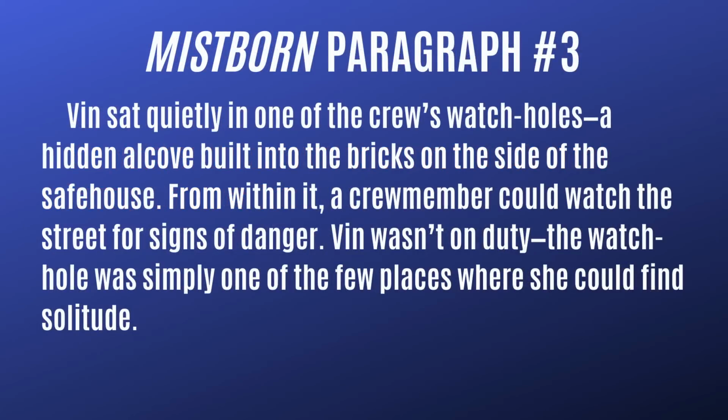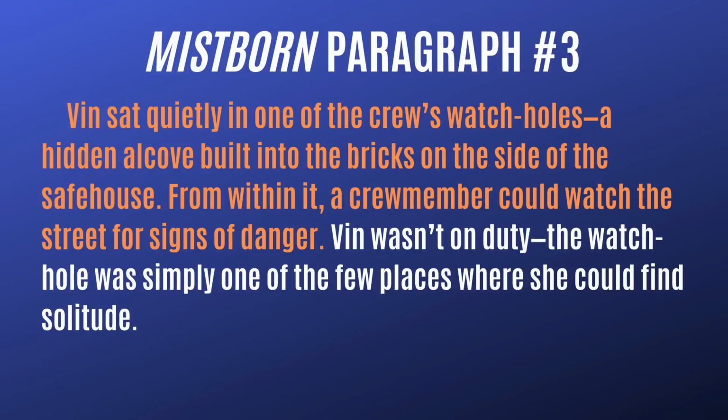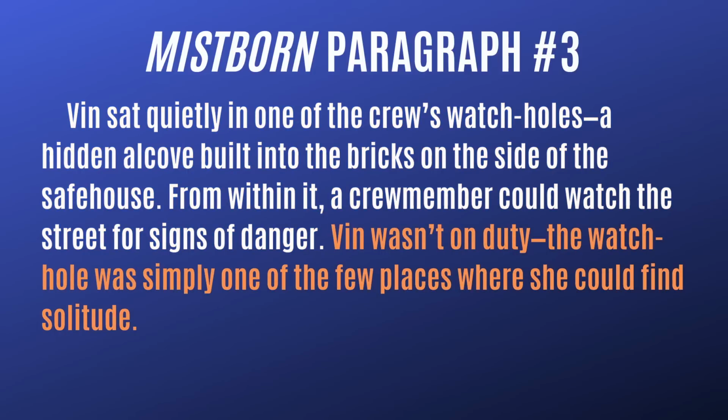Then with the next couple paragraphs, first off, we get 2 breezy sentences that tell us so much about this world she's living in. We get a sense of the setting and a mention of Vin's crew. Notice that we don't get any long info dumps or history lessons, just important details that draw us in and keep the narrative moving. Then that third sentence tells us that though Vin has a role within this crew, she's also a loner. That signals internal conflict.